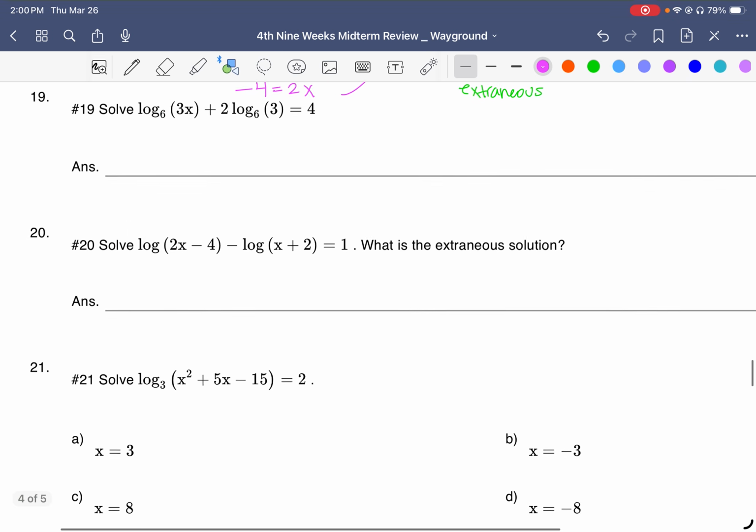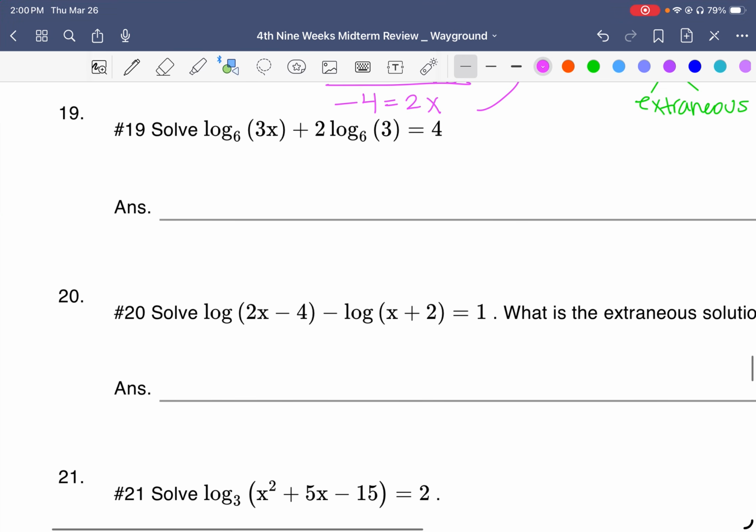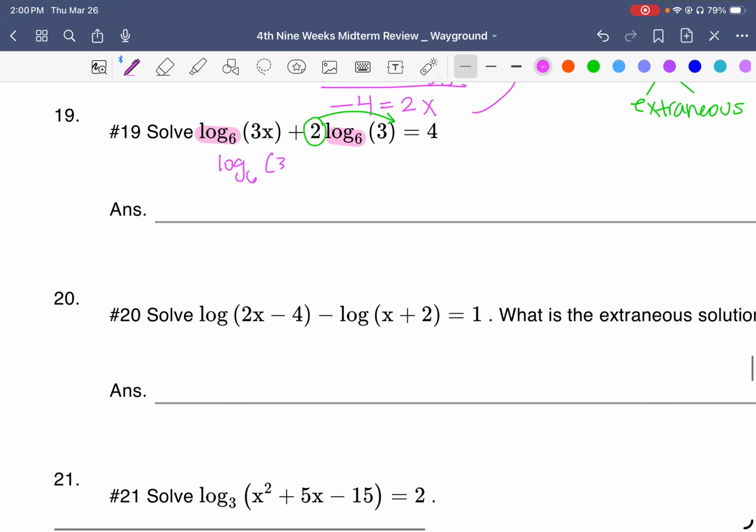Okay, let's go on to question number 19. Solve log base 6 of 3x plus 2 log base 6 of 3 equals 4. Okay, we have two logarithms with base 6 on the left-hand side. One of the logarithms has a coefficient, so I'm going to use the power property to make it the exponent of this argument. So this will be log base 6 of 3x plus log base 6 of 3 squared